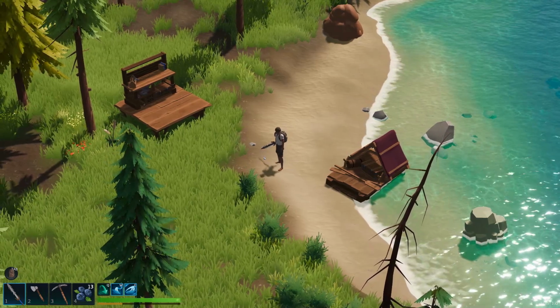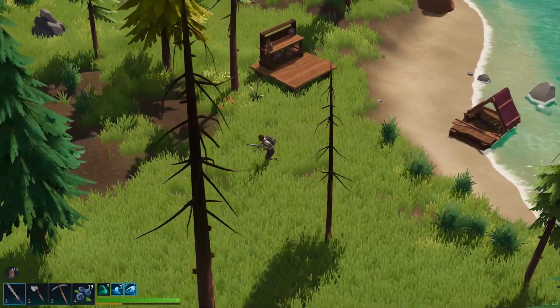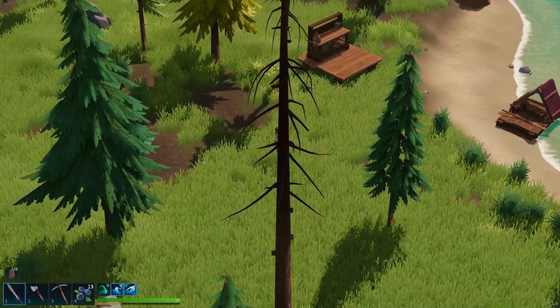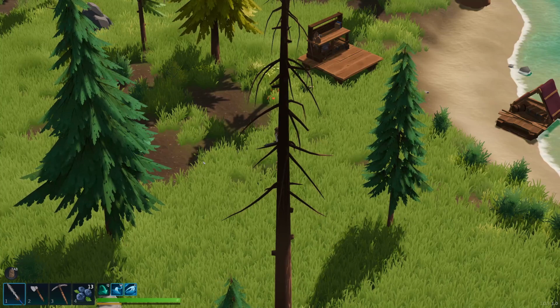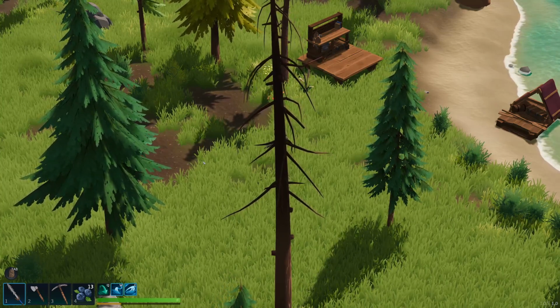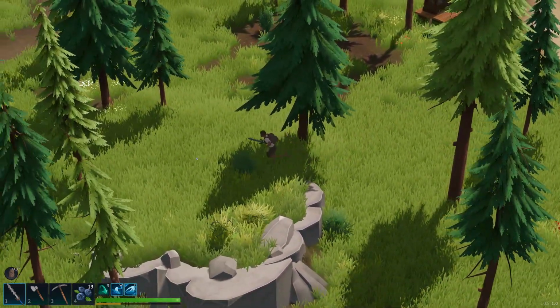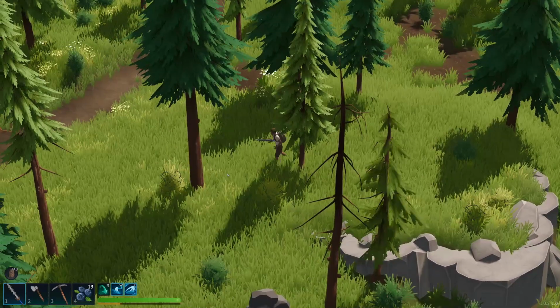This brings us to number 3, talking about blueberries. Blueberries are basically going to be your source of life, especially early game before you can get to iron and then unlock the watering can and farm. So blueberries are an absolute necessity, and I would highly recommend that each time you walk past a blueberry bush,